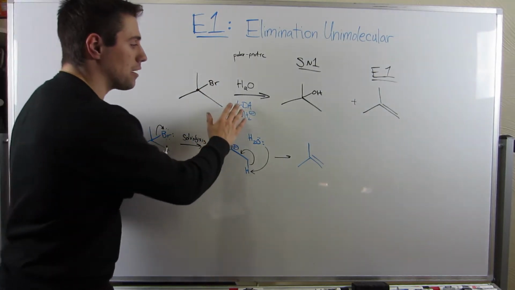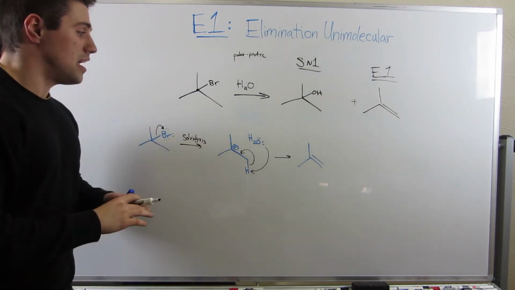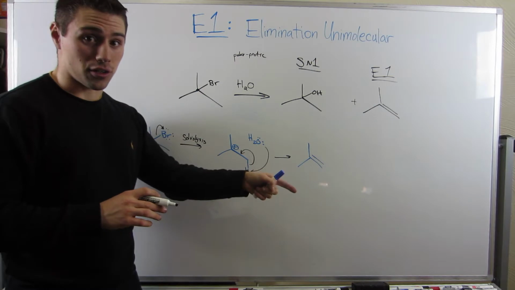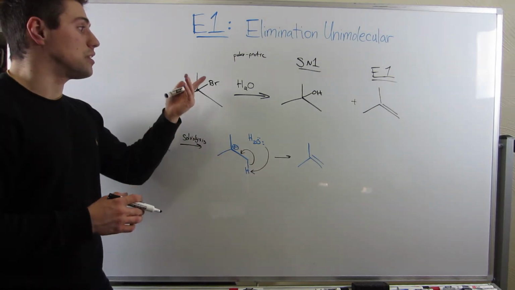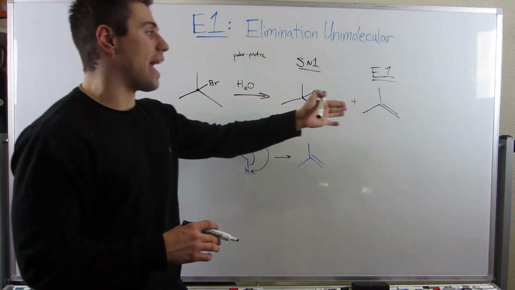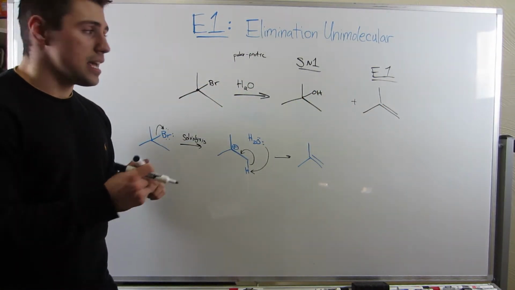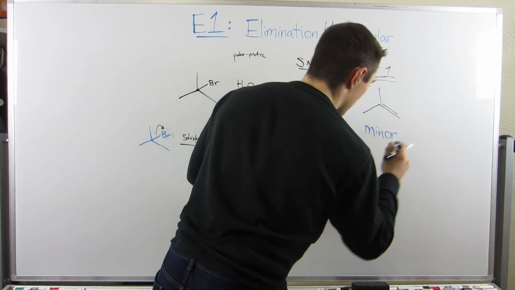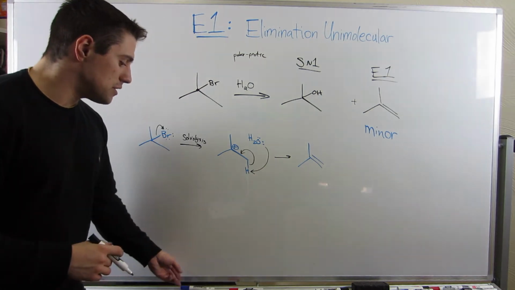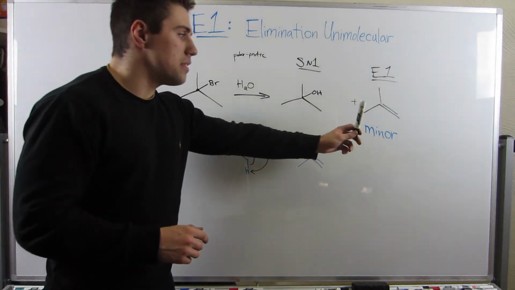So you can't really use a strong base. You kind of have to use a weak base that's going to let solvolysis happen first. However, those weak bases are also weak nucleophiles. So you're always going to have this SN1 E1 mixture product, but I'm going to tell you that this one is always going to be minor. Okay? So basically, you're always going to have E1 with SN1, but E1 is going to be the minor product,